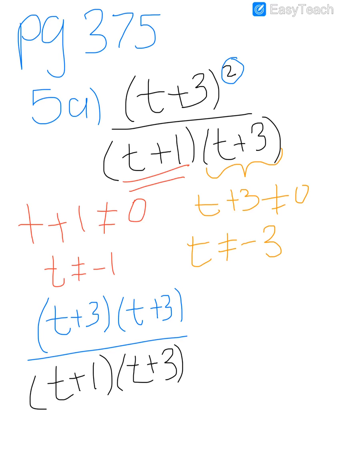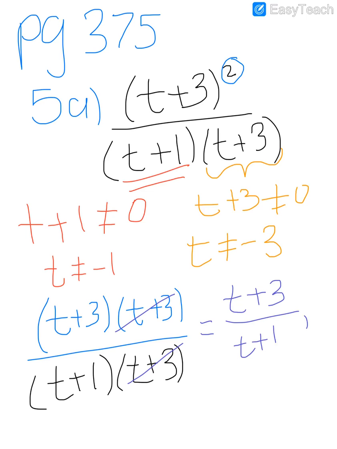Cancel out what you can. And what you're canceling is a t plus 3 and a t plus 3. So this expression simplifies to be t plus 3 in my numerator and t plus 1 in my denominator, comma,